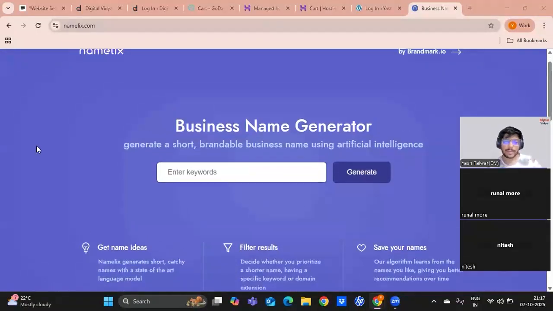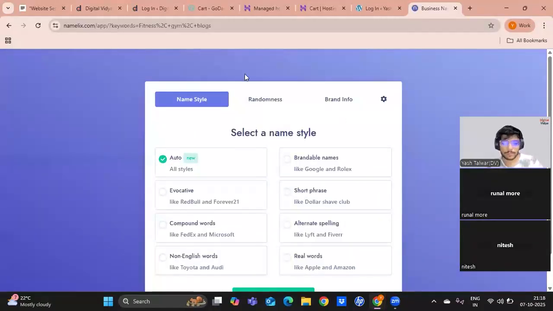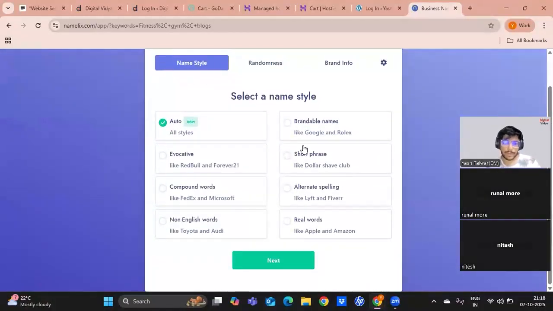namelix.com ये वेबसाइट है, यहाँ पे आप जा सकते हो, अपने वेबसाइट से रिलेटेड कीवर्ड्स यहाँ पे डालो। जैसे फॉर एग्जांपल नितेश, आप बोल रहे हो कि आपको एक जिम के अराउंड वेबसाइट क्रिएट करना है, राइट? तो यहाँ पे मैं डालता हूँ फिटनेस जिम ब्लॉग्स, क्योंकि हम ब्लॉगिंग वेबसाइट बना रहे हैं तो वो भी एक कीवर्ड डाल देते हैं, ये 3 कीवर्ड। And if I click on generate, ऑटो पे रहने देते हैं इसको, we'll move forward, एक सेकेंड। तो ये ऑटो पे ही है। नेक्स्ट,